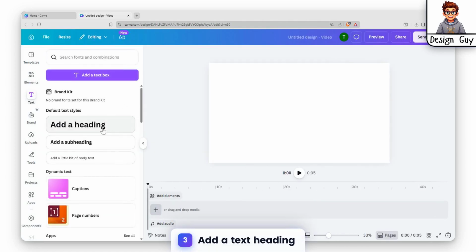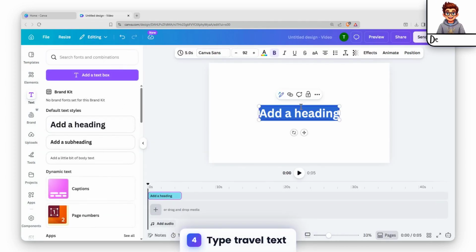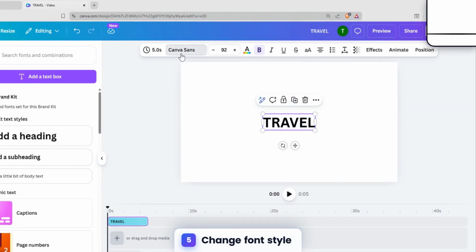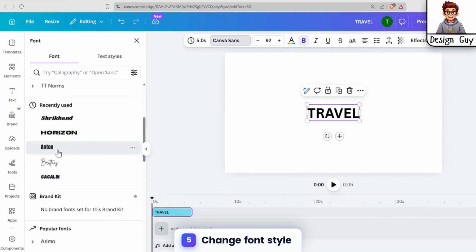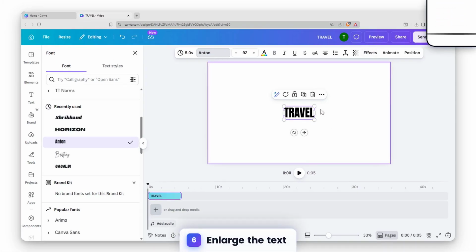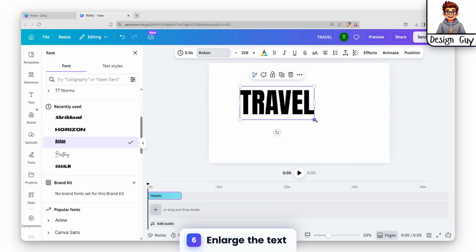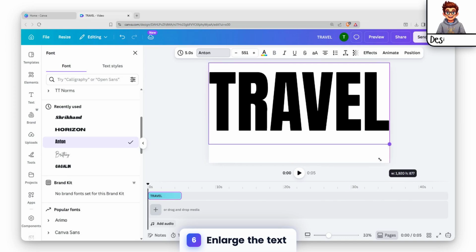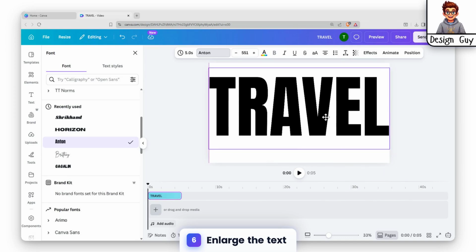Next, add a text box and then a heading. Type Travel into the search bar to find relevant results quickly. Next, change the font style of this text to Anton using the font drop-down menu. First, enlarge the text by increasing the font size. Then, adjust the alignment settings to center the text horizontally within the text box for a balanced and prominent display